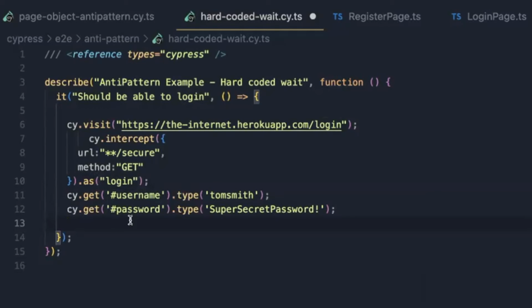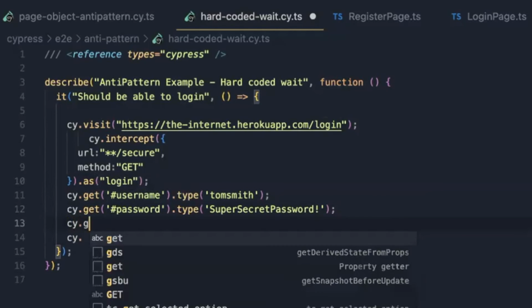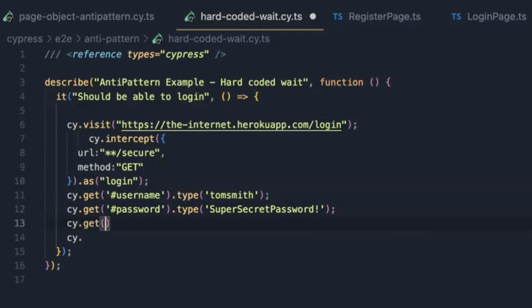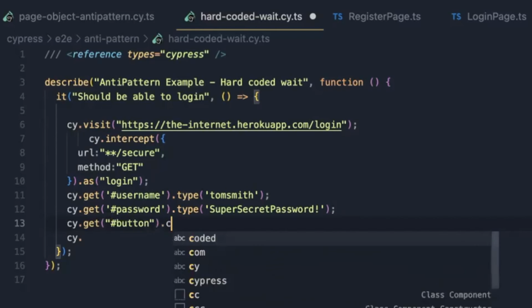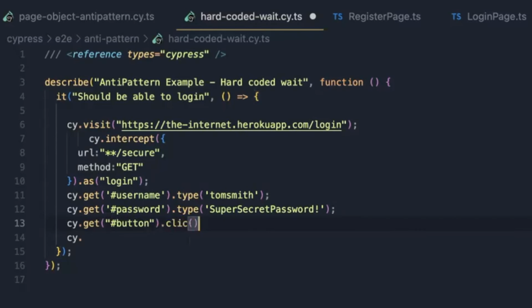Then I need to wait for this API call, right, after clicking on this cy.get, then I have to get the button. After that, I want to click on that button. So now, after clicking on this login button,